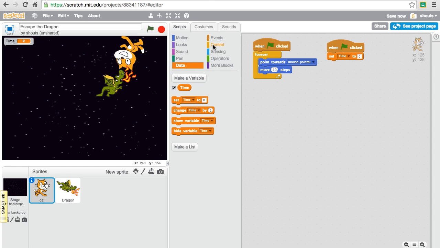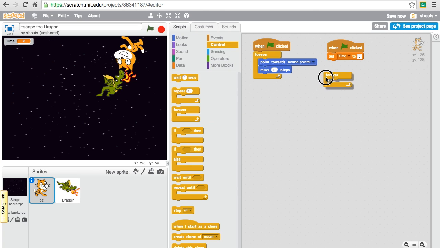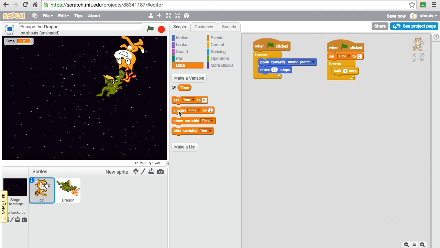Now we have to put another repeat block in, forever. Wait 1 second, and what's going to happen after 1 second? Of course, the time is going to change, right? The time is going to change by 1, because the computer doesn't really know what the time variable is, but now I'm telling it what to do. Every second, increase the time by 1. So now, do you see already in the top left corner, the variable time has shown up. So now, when I run it,